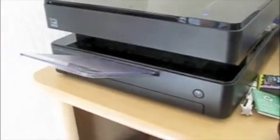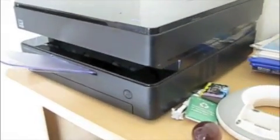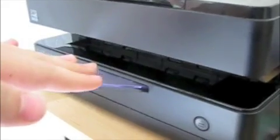Close the lid. Now, one of the most impressive features, I think, of this laser printer is how fast it starts printing when you tell it to. The warm-up time is extremely fast. And the only design quibble I can really talk about is that when you print multiple documents, they come out here onto the bed,